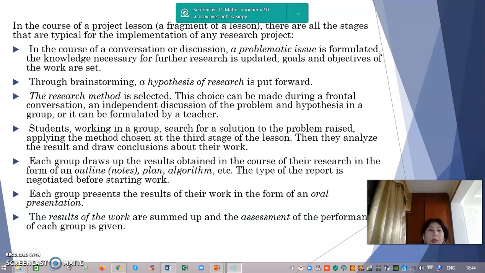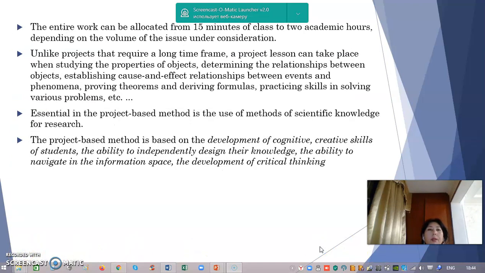The next stage is a presentation, an oral presentation. Each group presents the result of the work in the form of an oral presentation. The results of work are summed up and the assessment of performance of each group is given. The entire work can take from 15 minutes of class to 2 academic hours, depending on the volume of